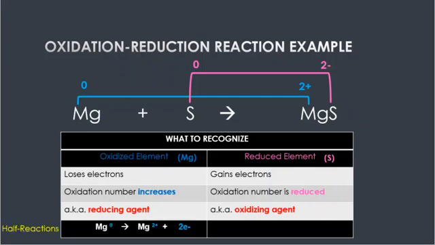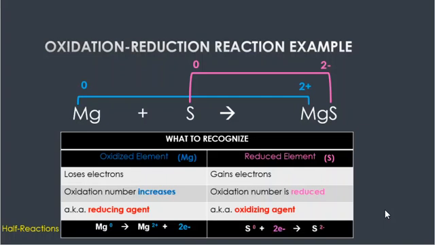So for magnesium, we're shown that magnesium in its elemental state is alone on the reactant side. And since this atom is losing 2 electrons, on the product side, you'll see it as an ion with a +2 oxidation state. The electrons that it's losing are also going to show up on the product side. Now let's take a look at sulfur's